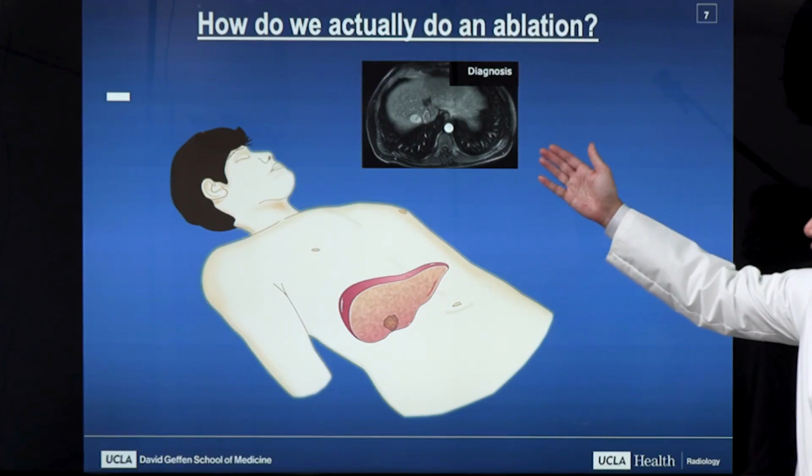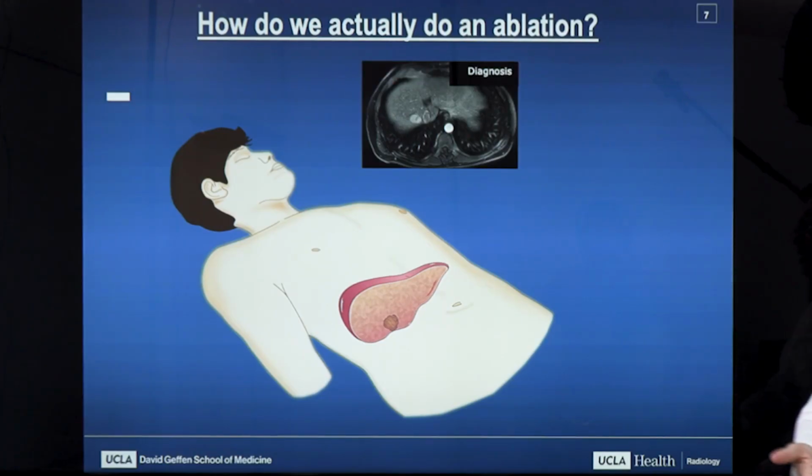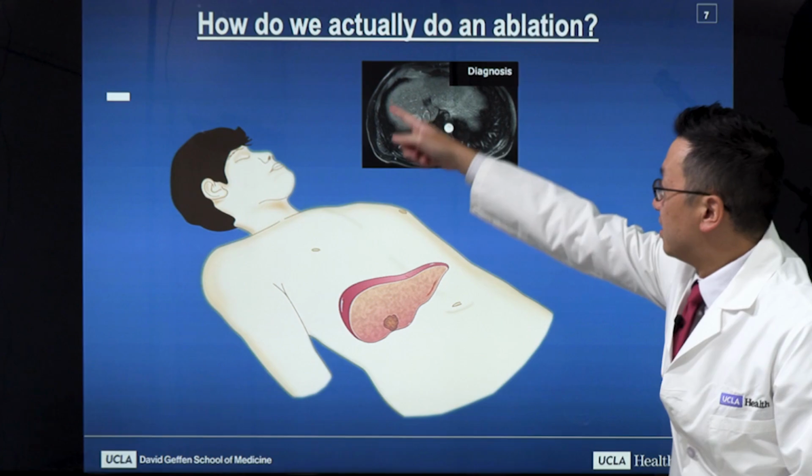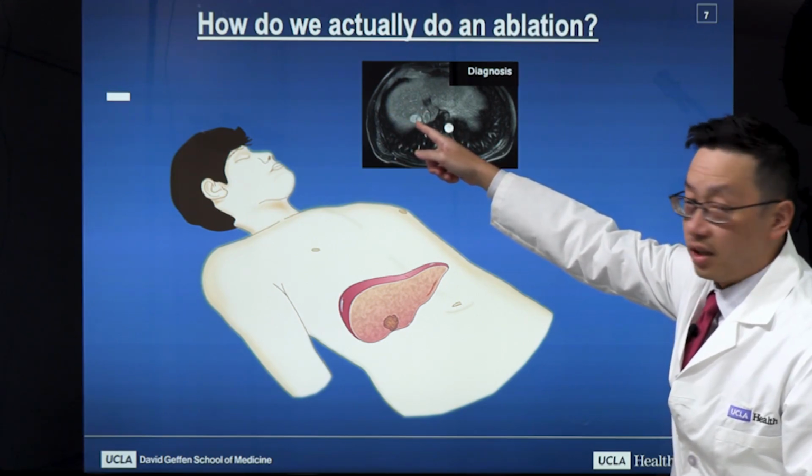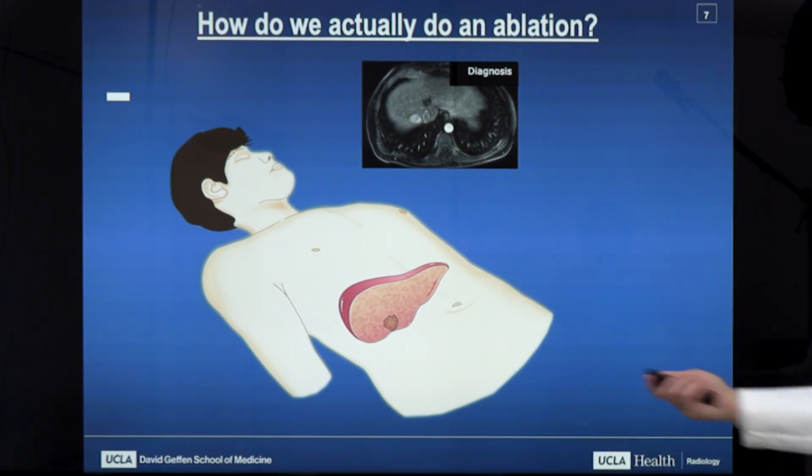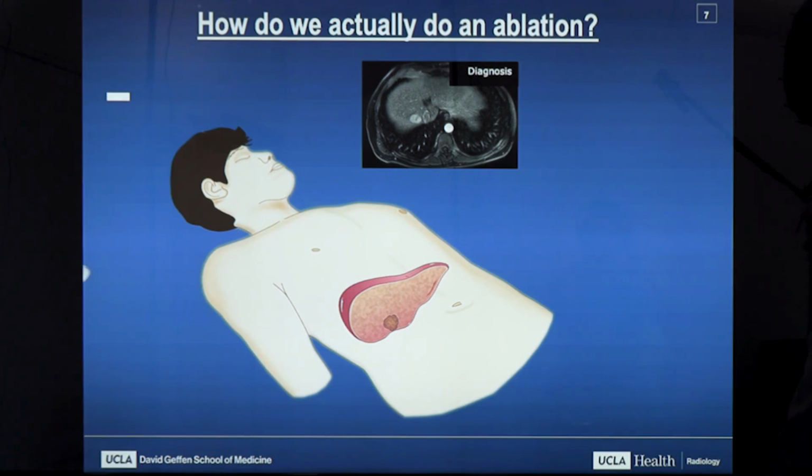On this image here, you can actually see a cross-section of the liver, which is a slice of the liver. You can see that this is the liver, and this bright object here, that's the actual tumor. A patient is brought down to the table, and on ultrasound guidance, you can actually see the liver and the